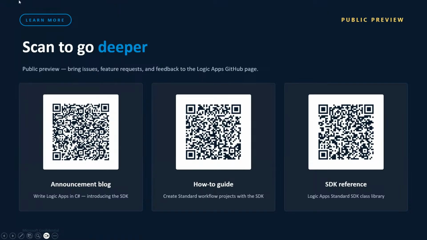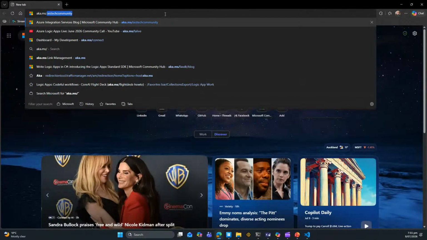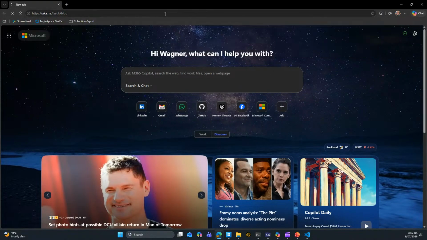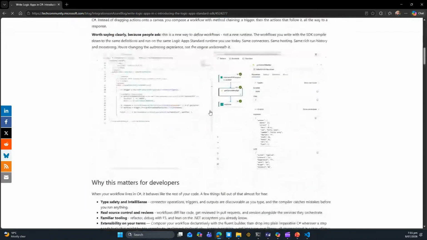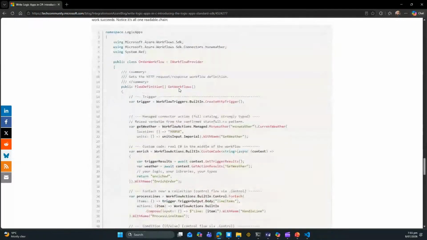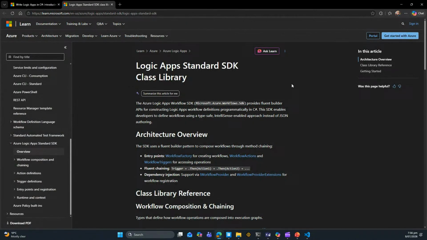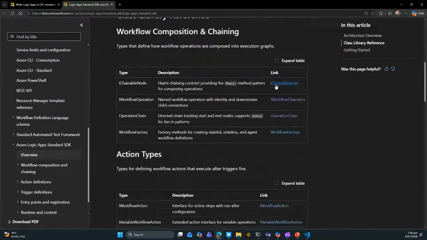So if you go to aka.ms/lastdk/blog, this is the blog that I'm pointing there, that basically shows you what we discussed, the definitions and some examples on how it works. But the one that I think is most interesting is that you have that whole SDK available here, right? And it shows all the components that are available,